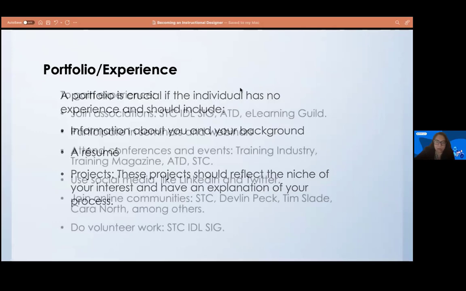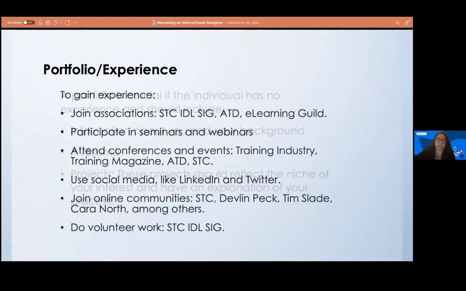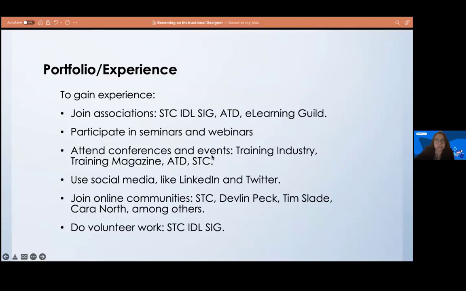Also, if you have no experience and you want to gain some, here are some examples of places that you could use to gain that experience. For example, joining associations like STC, ATD, e-learning guild. You can participate in seminars and webinars, attend conferences and events, use social media. You can use LinkedIn to connect with other instructional designers, and use Twitter to promote